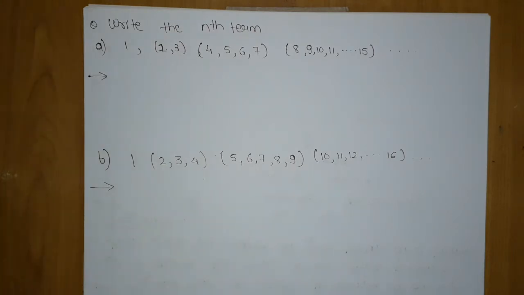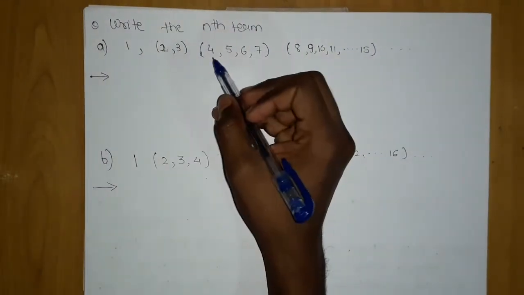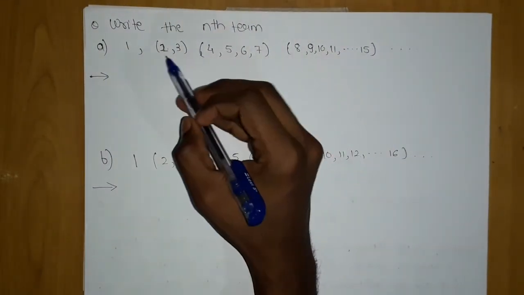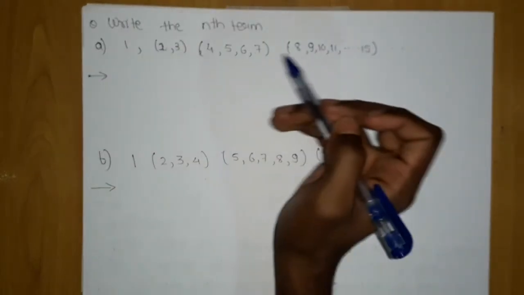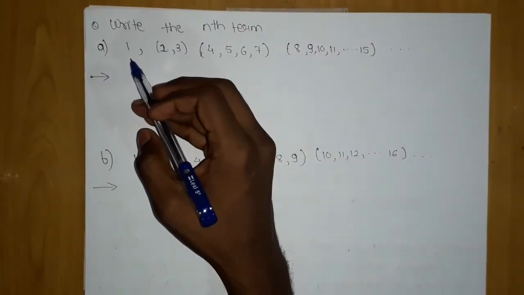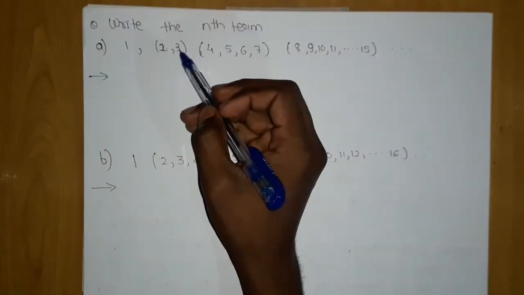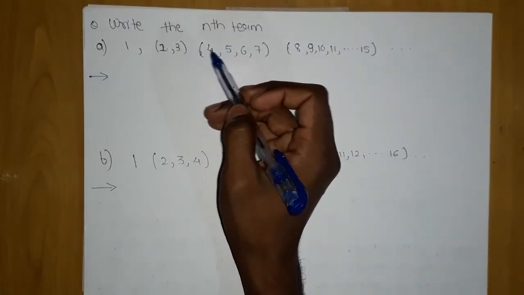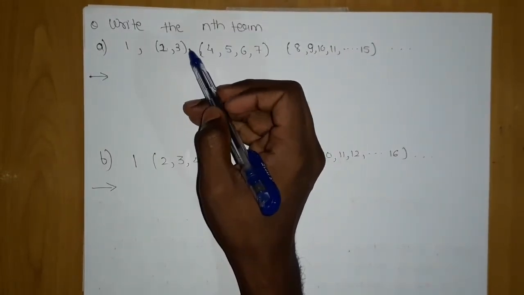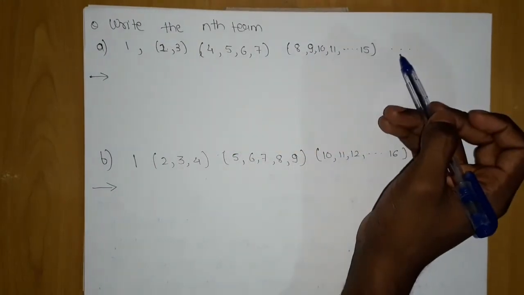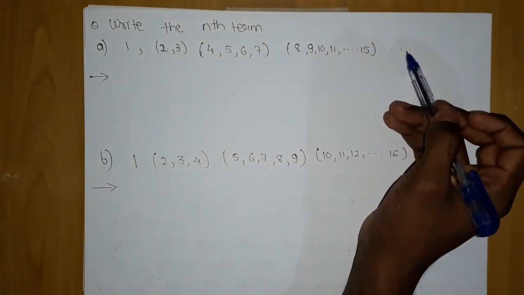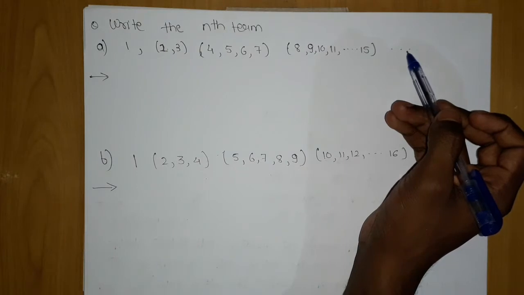You have to understand the progression, what pattern it is following. Like here 2, then here 4, here 8. It is 2 to the power 1, 2 to the power 2, 2 to the power 3. Now how will 1 come? 2 to the power 0. Now if I say this is 2 to the power 2 minus 1, similarly it will go to n minus 1, the whole square.